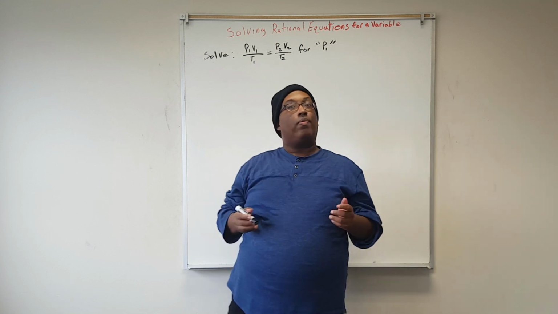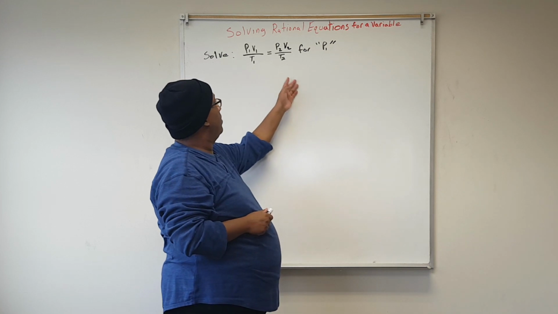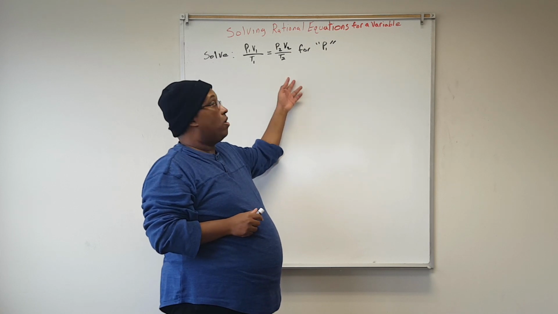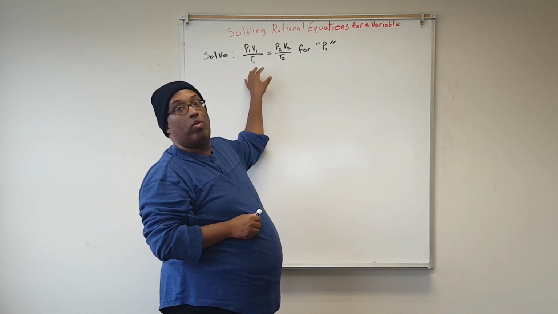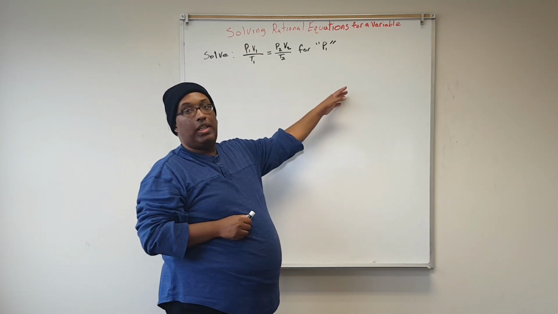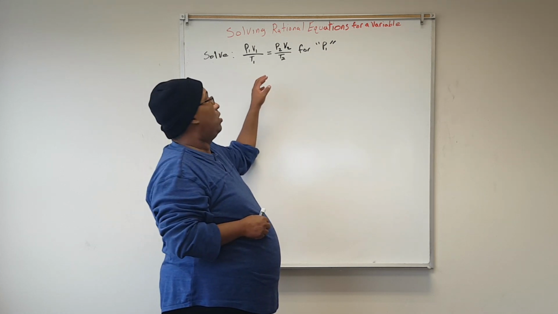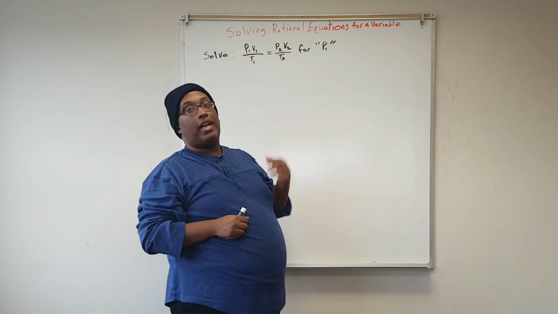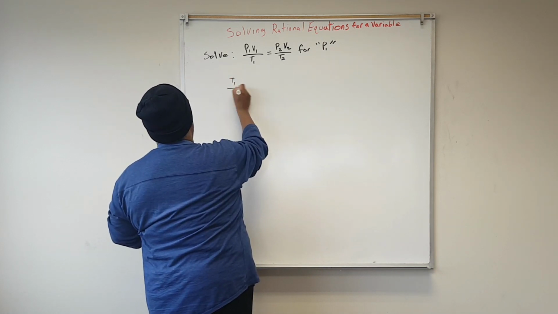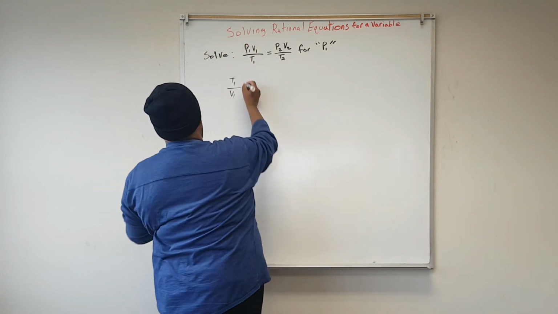Now, this is how you begin. You find the LCD. In this case, the lowest common denominator would be T1, T2, or you could just say, what do I need to do to get rid of, or to get P sub 1 by itself? I could multiply by the LCD and then divide, or I can multiply by the reciprocal of V sub 1 over T sub 1. That's the way I like to do it, so that's what I'm going to do. I'm going to say T sub 1 over V sub 1, because that's the reciprocal of this part of the fraction, times this fraction,